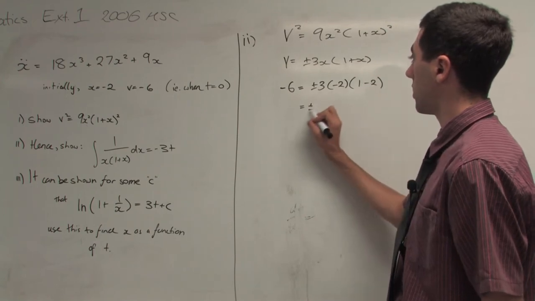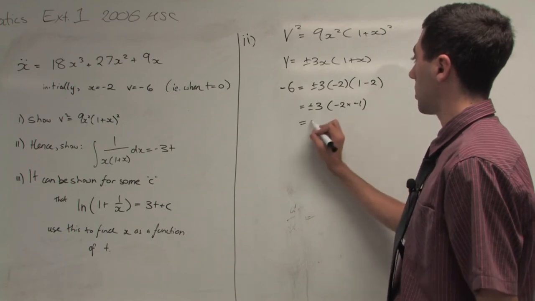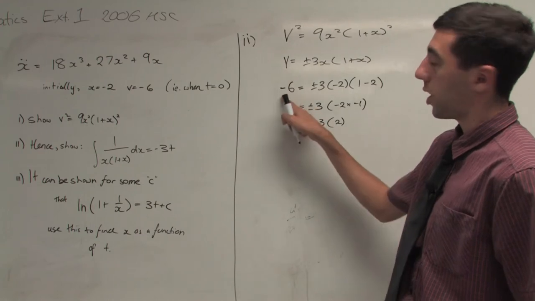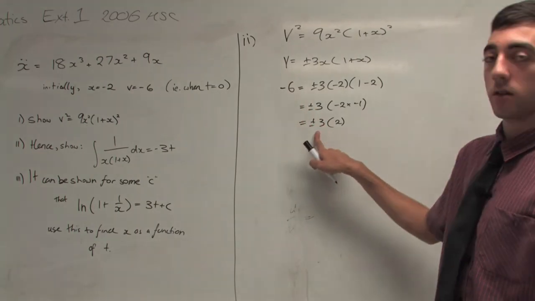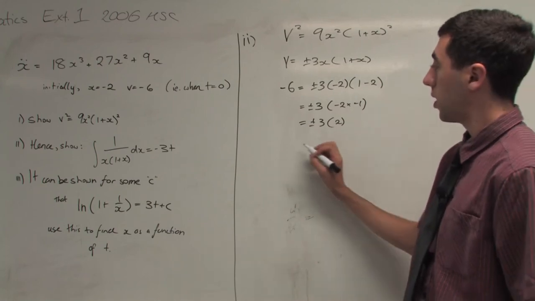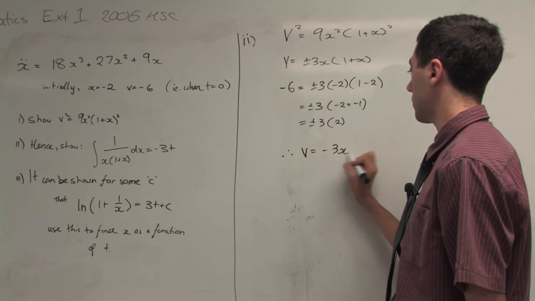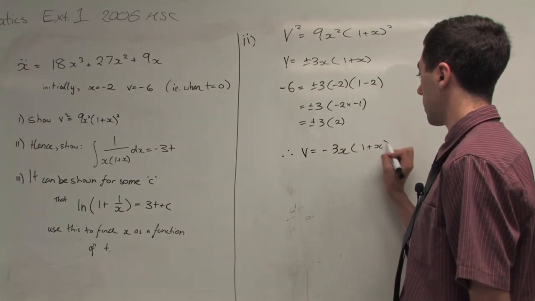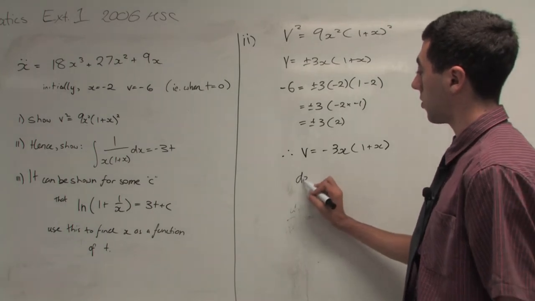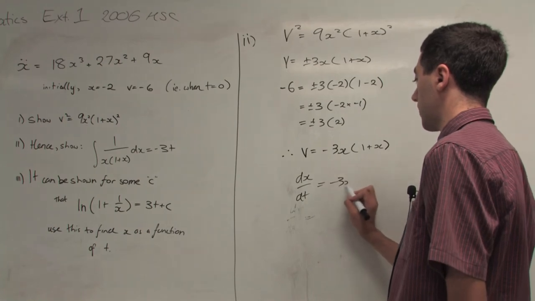And then this reduces down to minus 2 times minus 1, which equals plus or minus 3, 2. Now, since minus is here, we want a minus on the right-hand side. Clearly, we're going to select the negative because this is a positive. So really, v equals minus 3x, 1 plus x is our only option here. That is our v. So now v is equal to dx over dt, and that again is equal to what